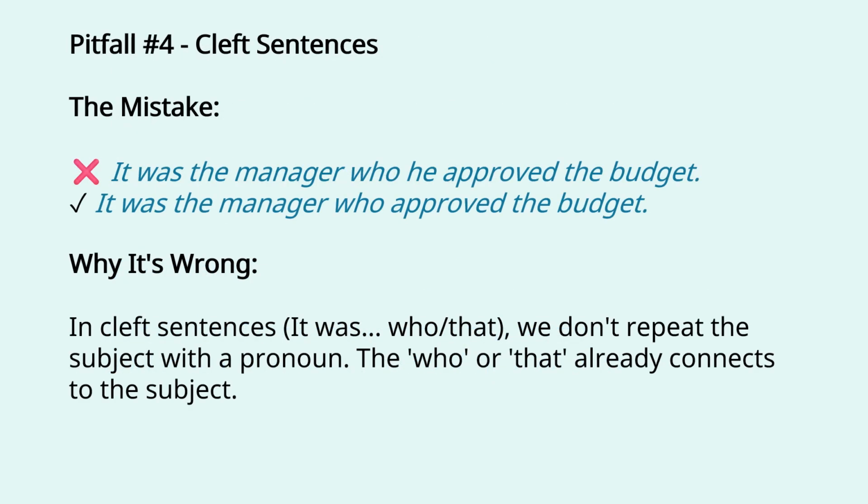Pitfall number 4. Cleft sentences. The mistake: It was the manager who he approved the budget. Correct: It was the manager who approved the budget. Why it's wrong: in cleft sentences, it was who, that,